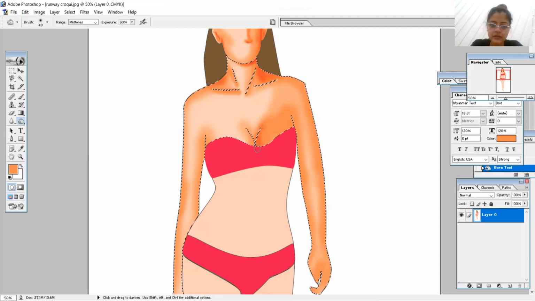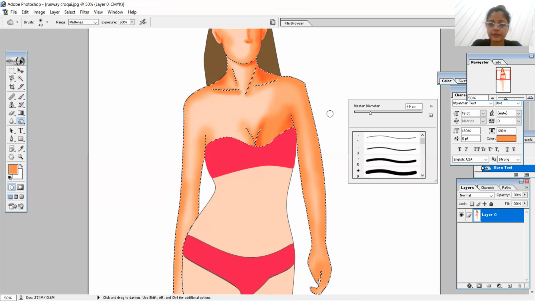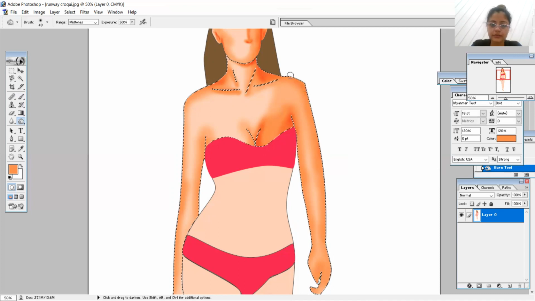Similarly, darken this area, this much area of the arms, the shoulder to hand. Here should be a joint area where the elbow is falling.